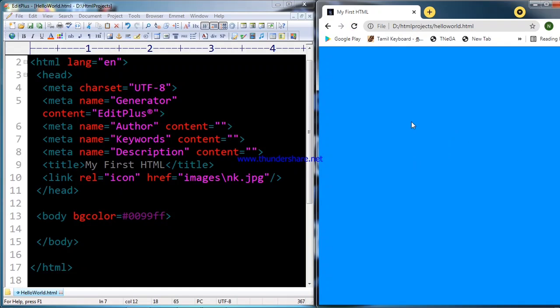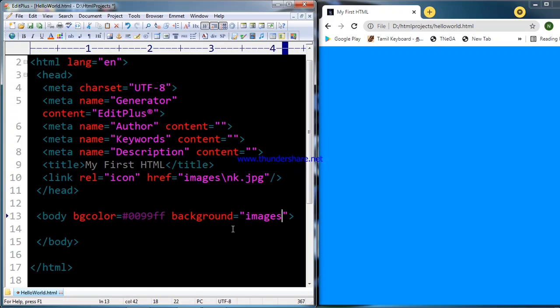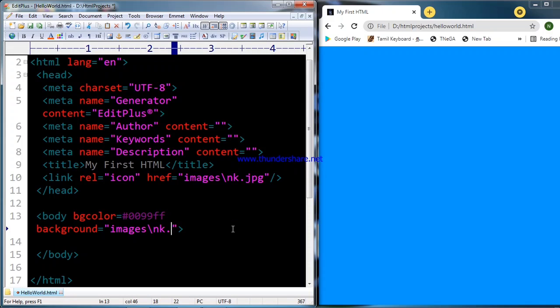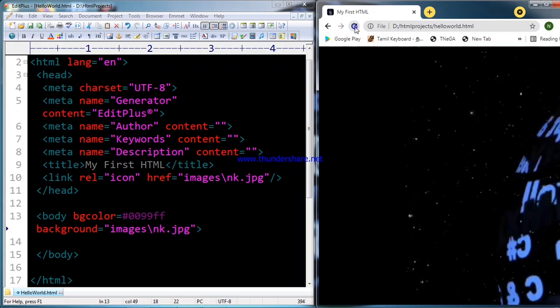I am changing the background of the body of my web page, and to give the background of the body, I give some image. So what will happen? Whenever you give some attributes to the body tag, the behavior can change. That's the use of attributes.